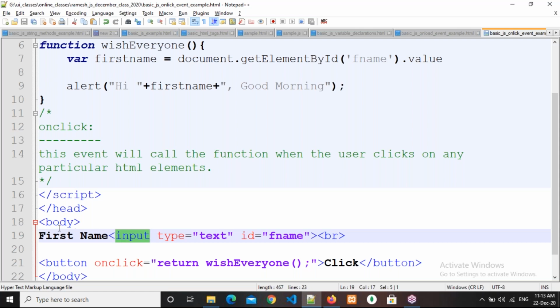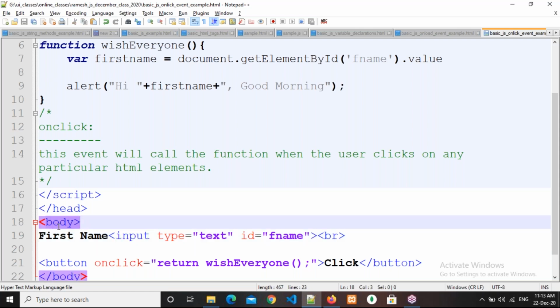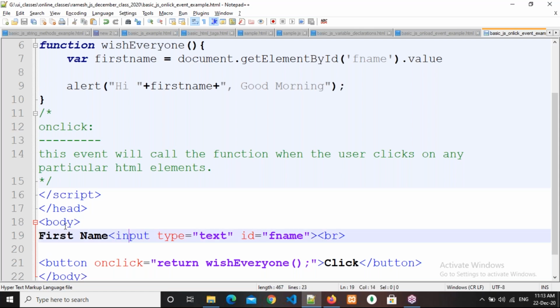Inside the body. So first we need to fetch the body, then only I can fetch this element. To fetch the body, we need to utilize this document. Then what is the element in the body? We have so many elements. If you want to select a particular element, we need to mention its ID. To recognize this ID, we need to utilize getElementById, and then after that the ID name, fname. Then what do you want from it? I want its value only.